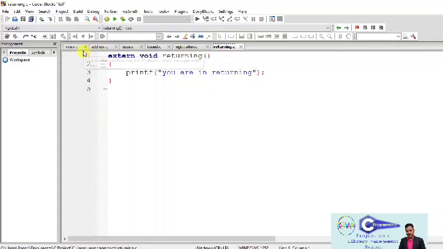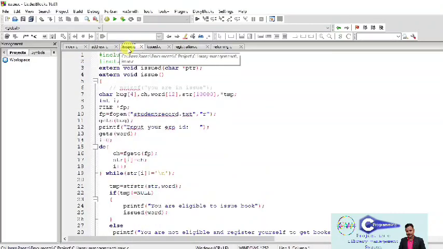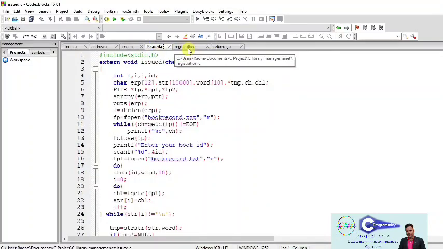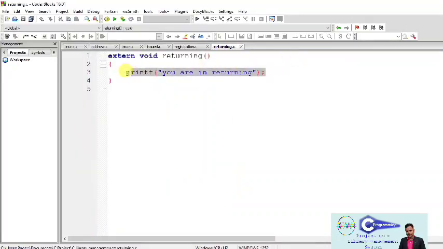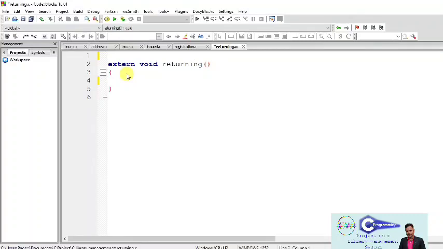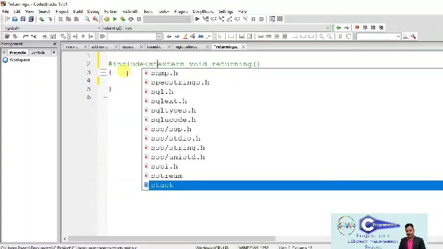returning.c. In previous videos we have already created index.c, add new.c, issue.c, issued.c, registration.c, and now we are creating returning.c. So let's start our coding. First of all, we will include a file. So just include stdio.h,